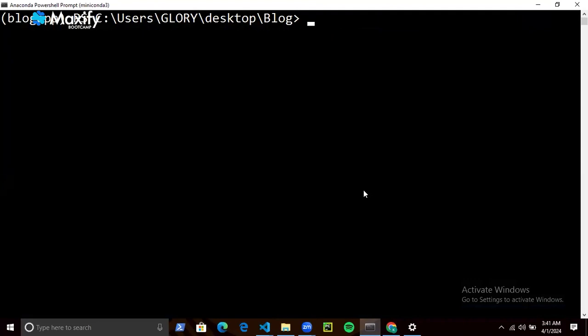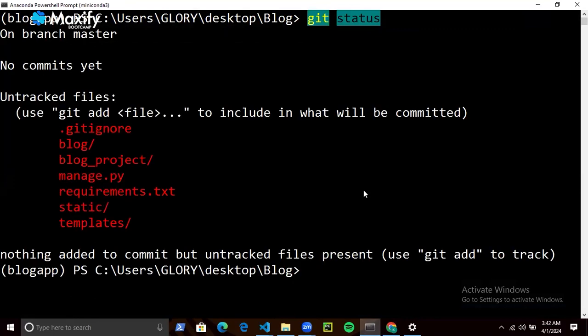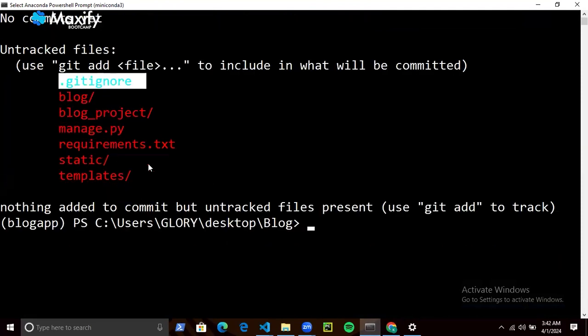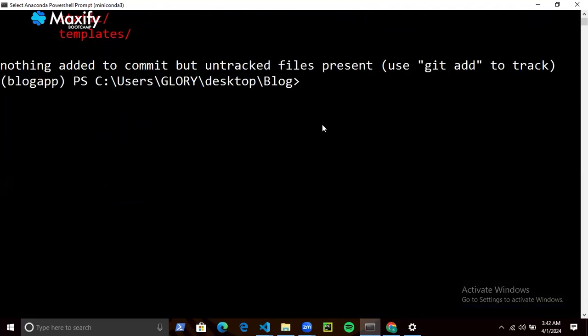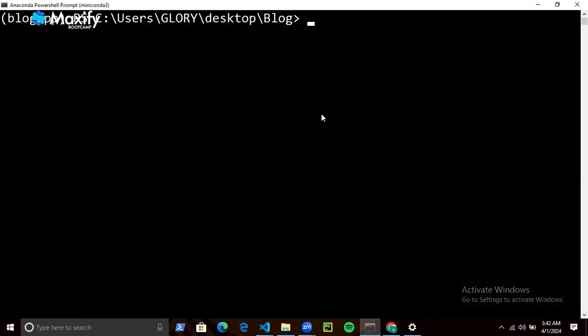So let's move on. Now I'm going to do git status. You can see now my requirements.txt has been added, my .gitignore has been added, my virtual environment ignored, my database ignored. Cool. So now I'm going to continue by doing git add dot. So this will add. So if I do git status again,